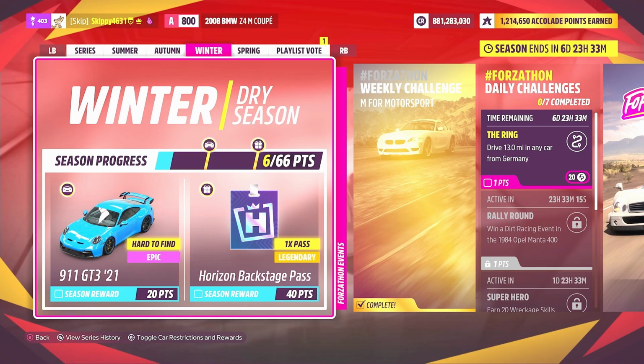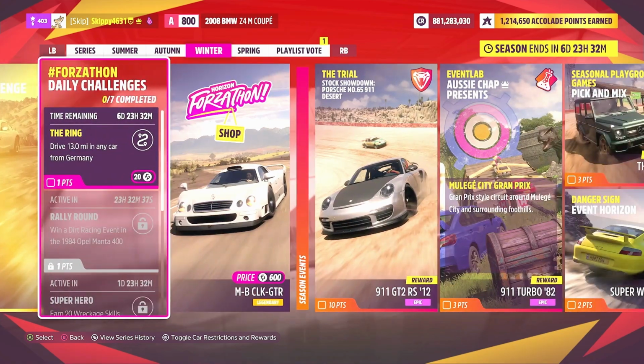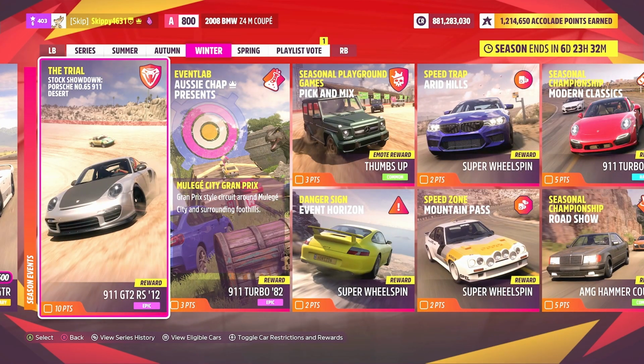Winter dry season, 66 points up for grabs in total, and for 20 points, one of my personal favourite cars, the Porsche 911 GT3 21. Super cool reward, a hard to find car, and for 40 points, it's 1 Horizon backstage pass. So taking a quick look through the festive pairs, there's nothing too exciting on the reward front, but for the